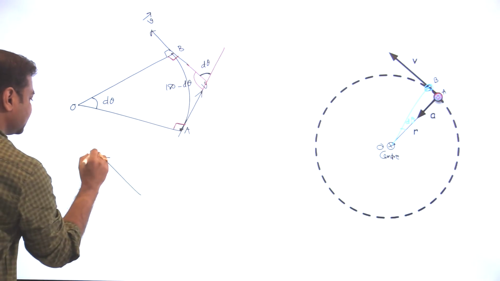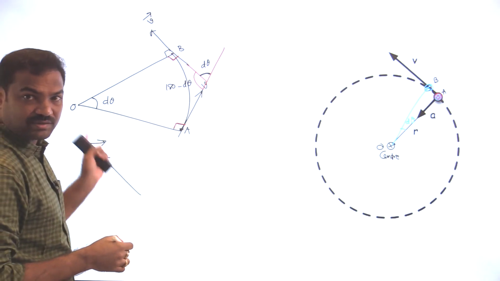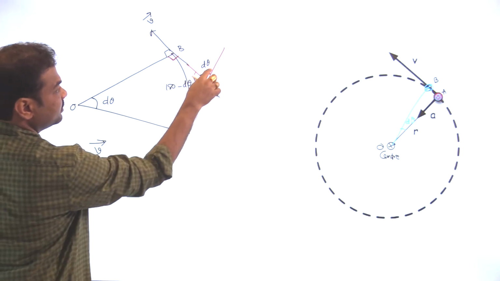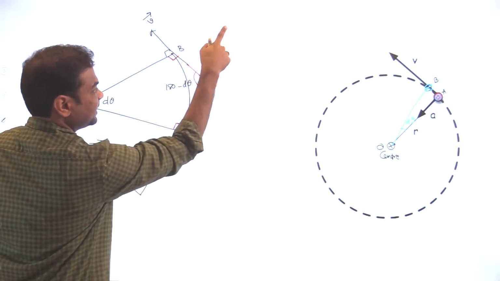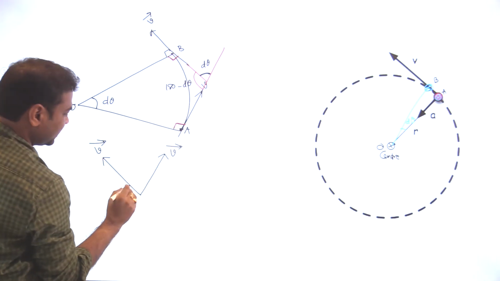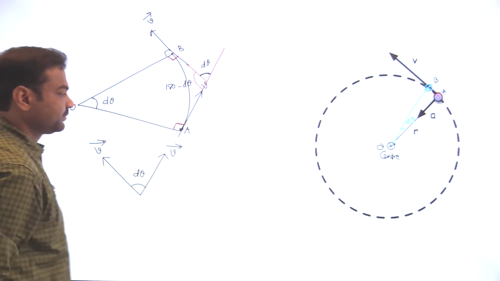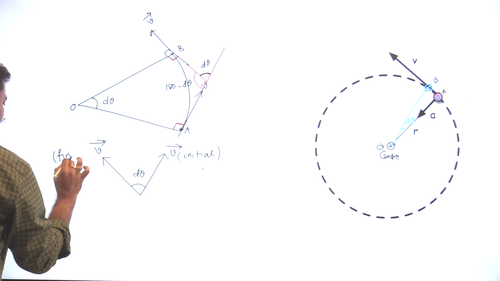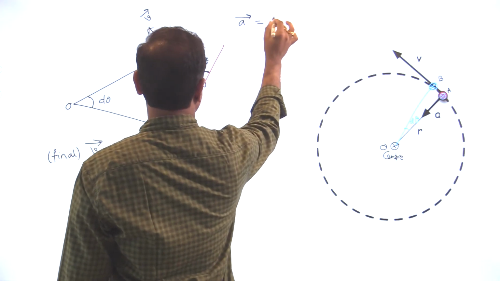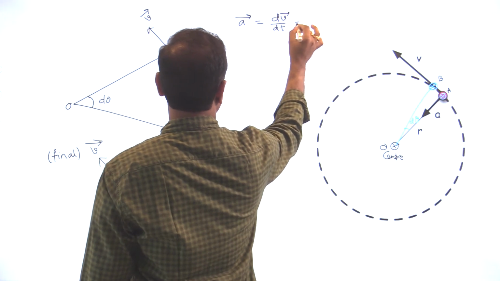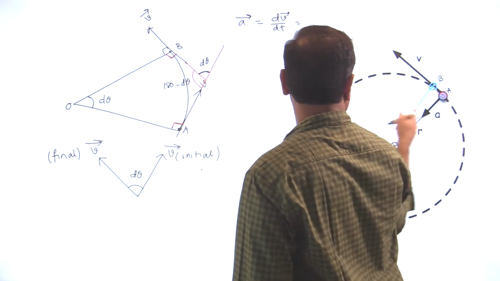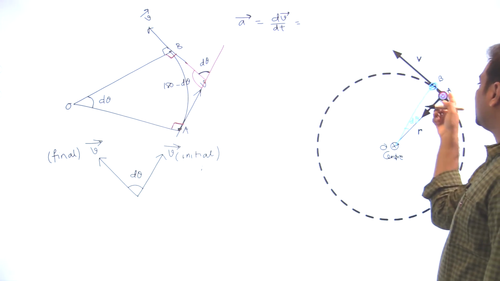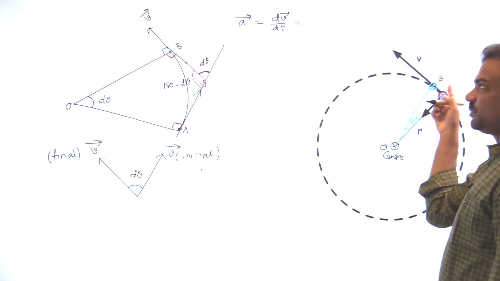Now keep this velocity vector over here. Then you will get a diagram something like this. This is one velocity vector v bar whose magnitude is v, and this is another velocity vector v bar whose magnitude is v only, but the direction of v bar is changed. The angle between them is d theta. This is the initial velocity and this is the final velocity. Now what does acceleration stand for? Acceleration stands for dv bar by dt, instantaneous. As I am taking a very small angle theta rotated, it takes a small time from A to B.